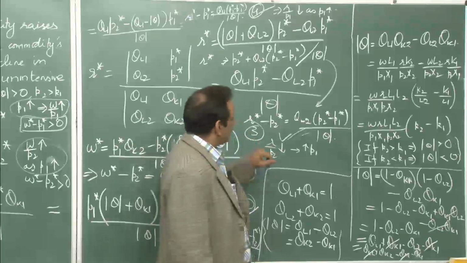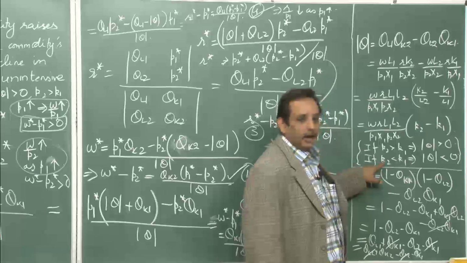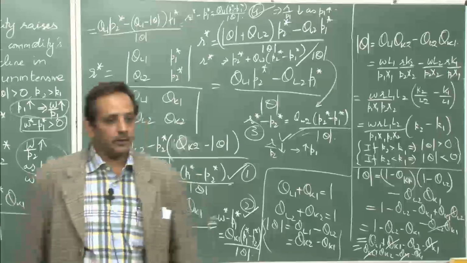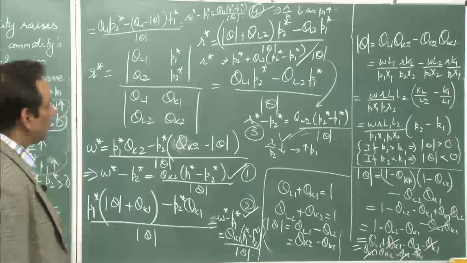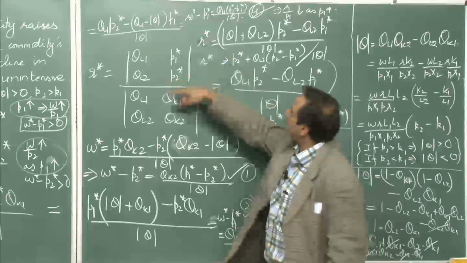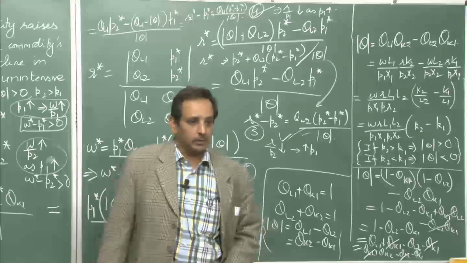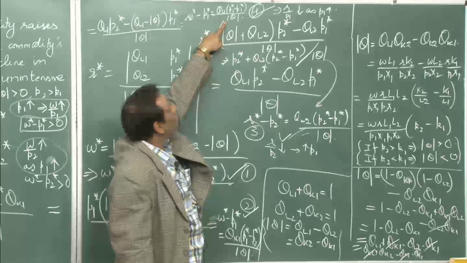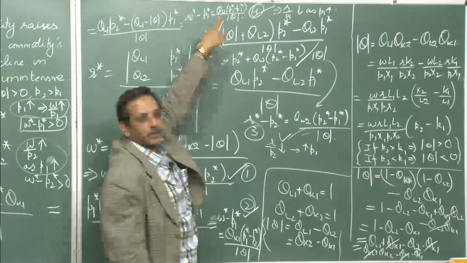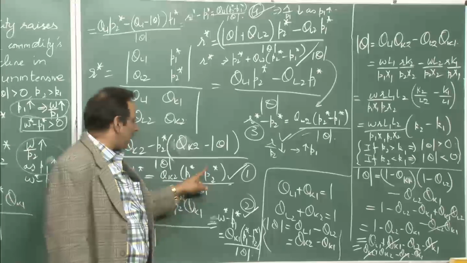Now you can always see these equations in terms of what would have happened if determinant theta is less than 0. If determinant theta would have been less than 0, then it would have implied that good 1 is capital intensive, good 2 is labor intensive. So if the price of the capital intensive product goes up, then you can see from these R star equations, good 1 is the capital intensive product, but the determinant theta is less than 0. So, even if P1 goes up, you would see an increase in the R by P1 ratio, because R star minus P1 star is greater than 0, because determinant theta is less than 0. And if you look at these equations, if P2 star goes up,